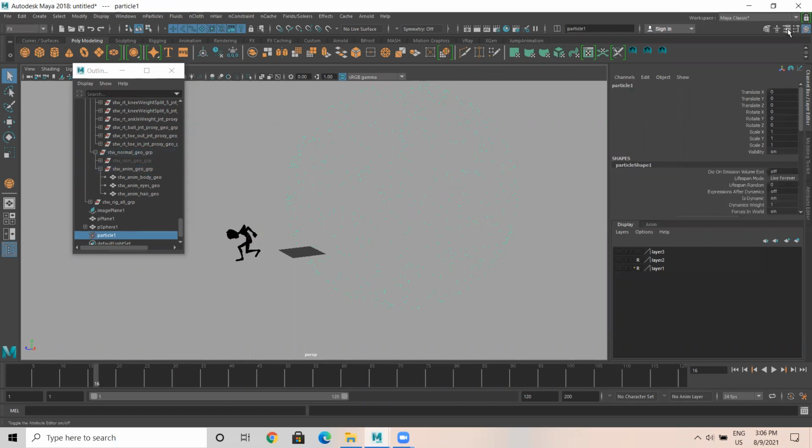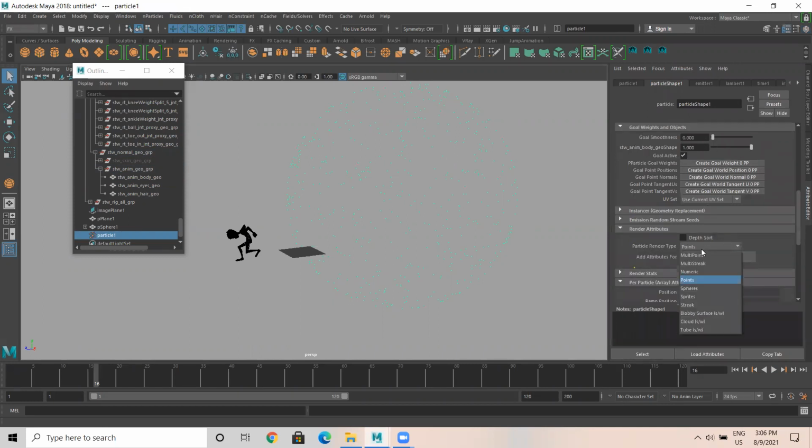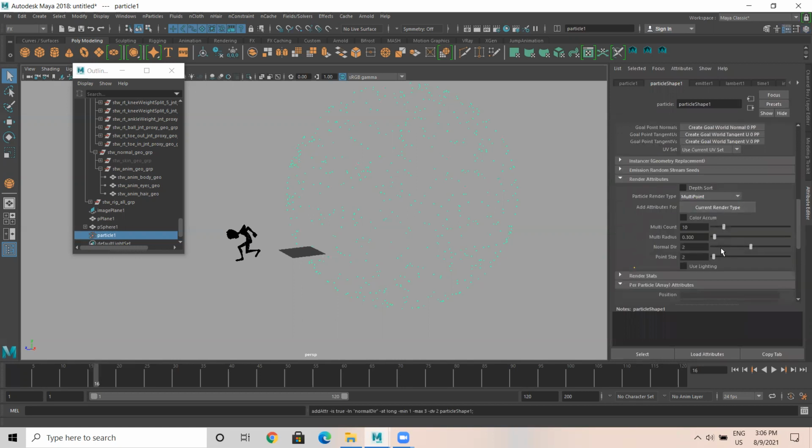Then select the particle, go to the option box in the particle shape, reduce the goal smoothness, increase the shape. Instead of point, I'll pick multi-point, and I'm gonna increase the radius a bit. Okay. Then let me play.